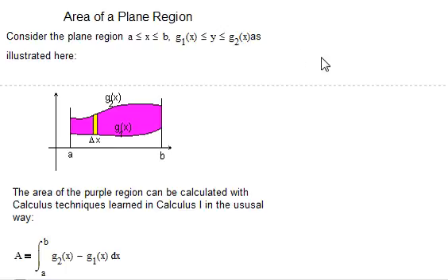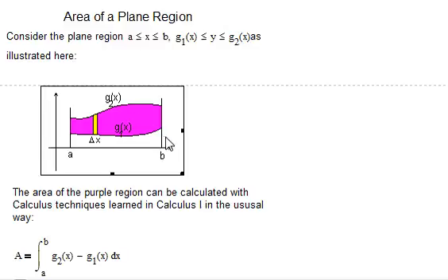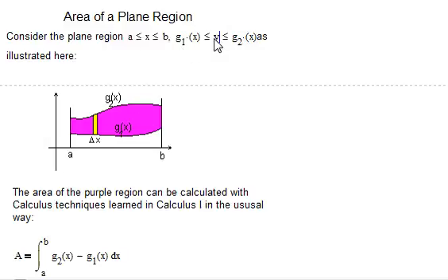I'm going to start off describing why anyone would want to find an iterated integral. Well, we're going to use this for something, and one thing we can use this for is to find the area of a plane region. If we consider the plane region where x goes from a to b, and y is between g1 of x and g2 of x, as this picture shows here, then the area